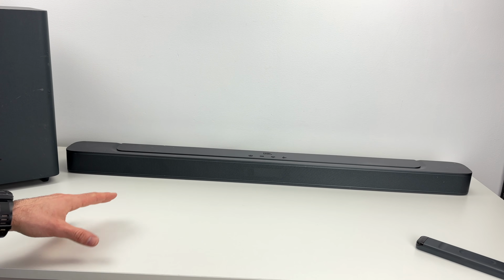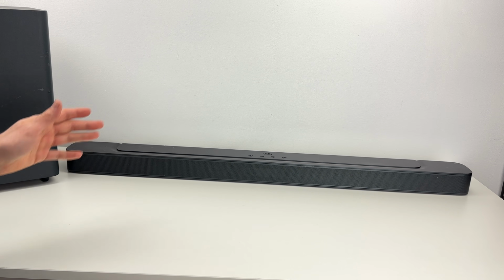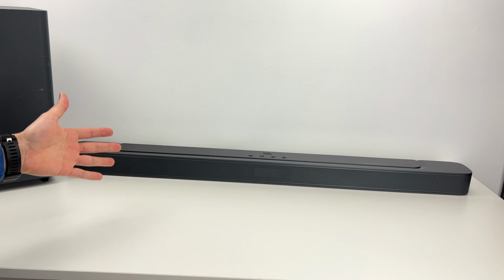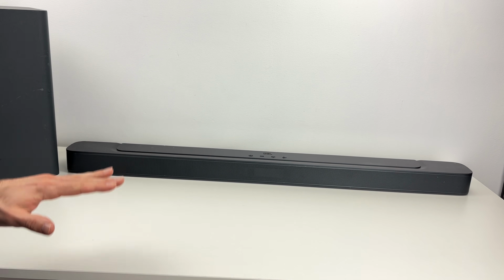In this video, I want to show you how to fix a JBL soundbar in case it's not working. The problems could be a connection problem or it could be that it doesn't turn on anymore. Let me show you a few different solutions to try out. So the first thing, when this is happening,